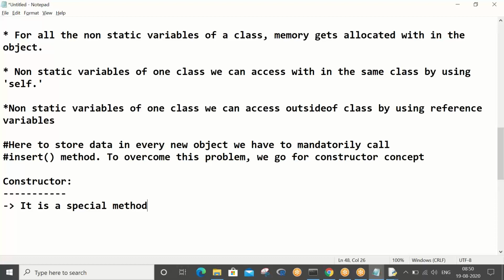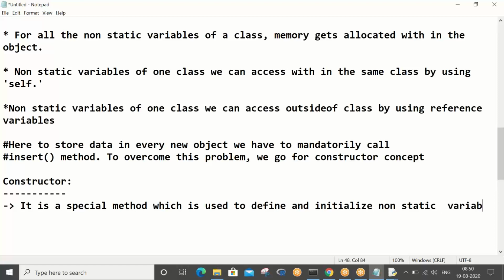It is a special method which is used to define and initialize non-static variables of a class at the time of object creation.